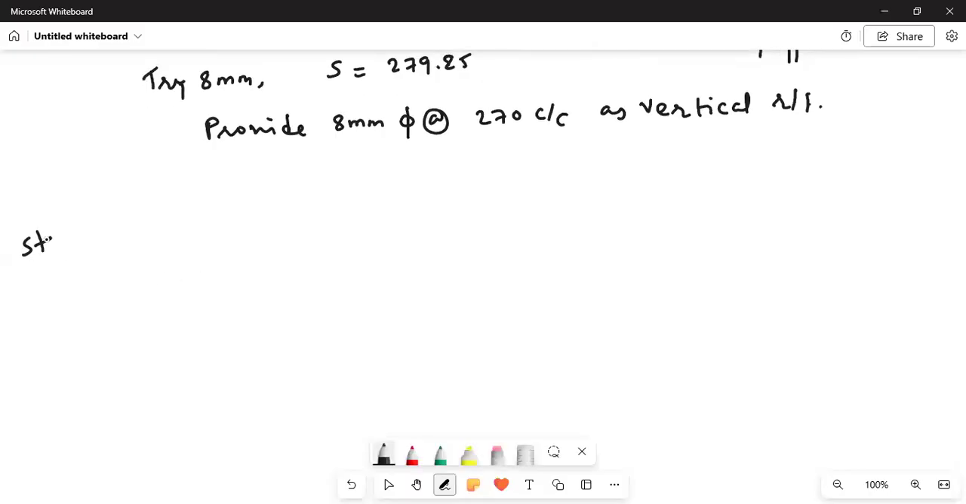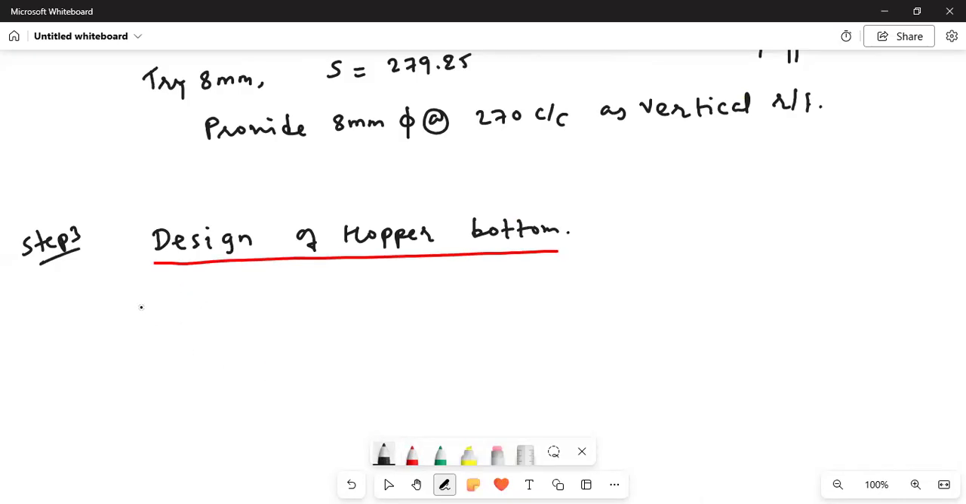Step number 3, design of copper bottom. In the design of copper bottom, again, you need to assume the thickness of the sloping slab. So I will assume here the thickness provided for a sloping slab